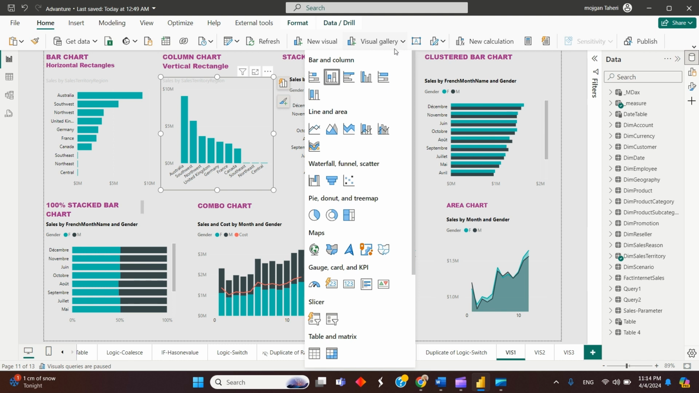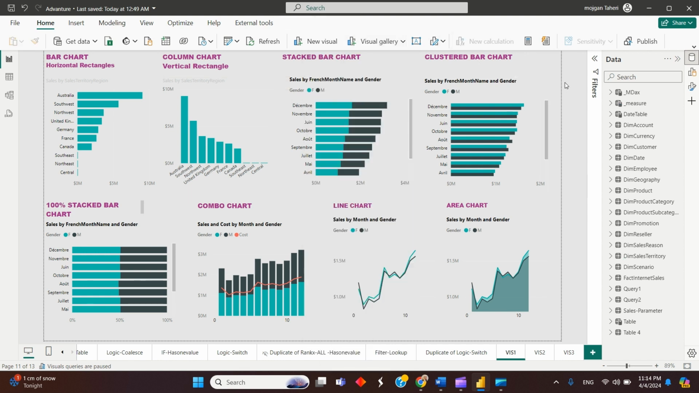Let's look at them together. Bar and column charts are used to compare values across different categories. For example, if you have sales performance across different regions, use a bar chart. As you can see here, we have a bar chart with horizontal rectangles, and vertical rectangles based on columns. Depending on the space of your report, you can use one of them. It is comparing, for example, Austria with the